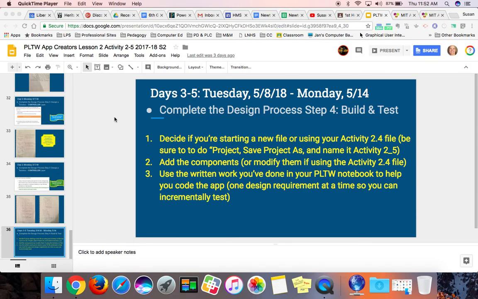Okay, this video is going to cover how to get started on the building and testing part of the Fitness Challenge app in Activity 2.5. So if you are following along on our slideshow that's on Google Classroom, I'm on this last slide, 36, and what we're going to do is the part where you decide what type of file you're going to use, and then you get the correct components in there or modify the components that you're using so that you'll be ready